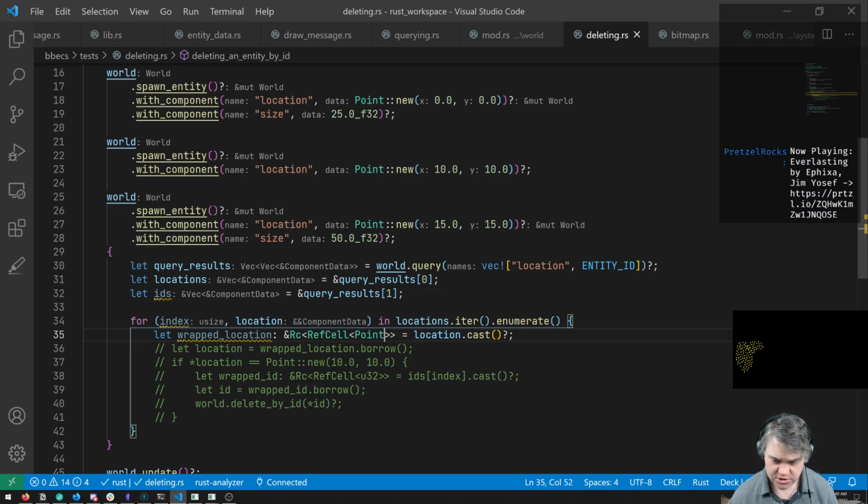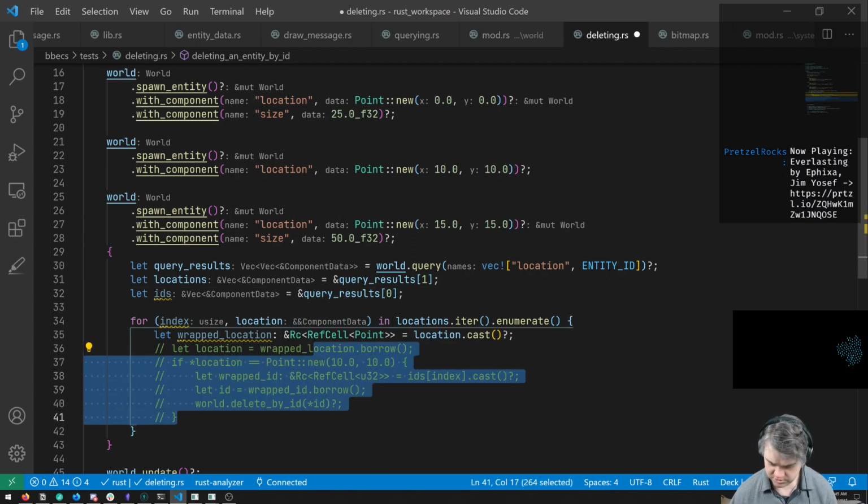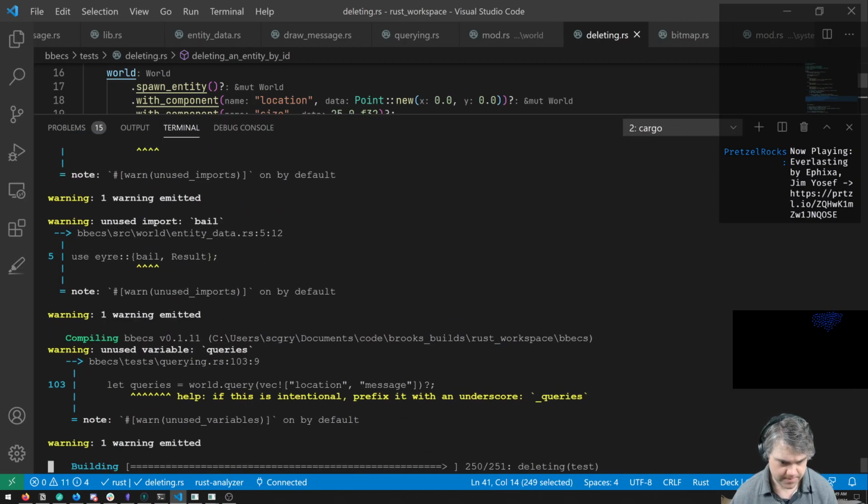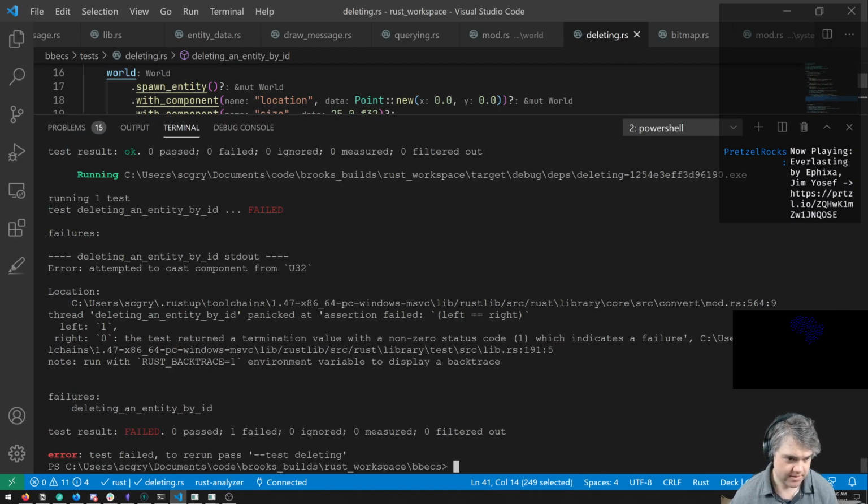So we have locations. We're iterating through the locations. So we're saying here, we want you to be locations, the first thing that we get out. Now, if I just reverse you, put you back, do you work? Attempted to cast component from a U32.